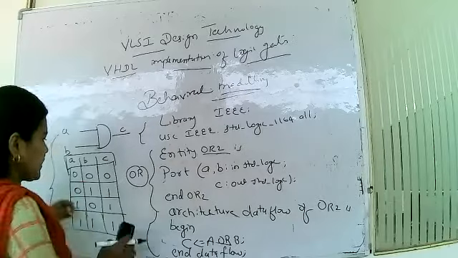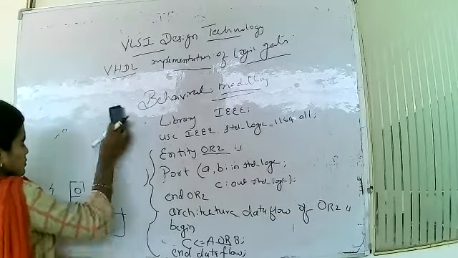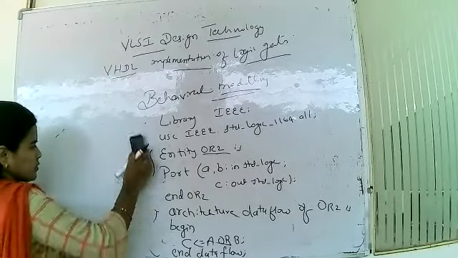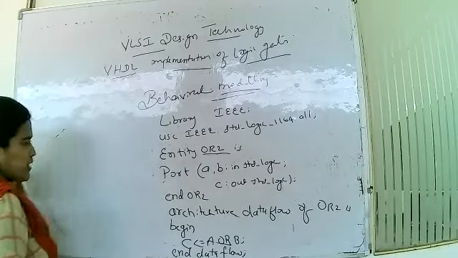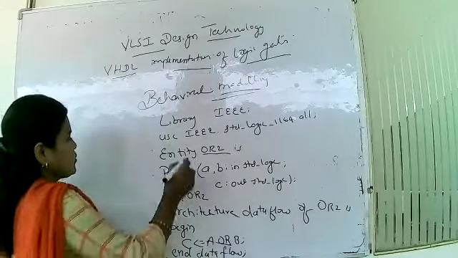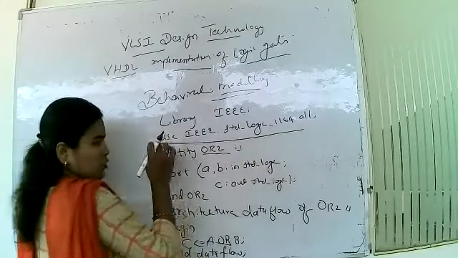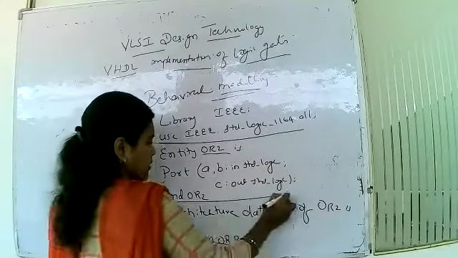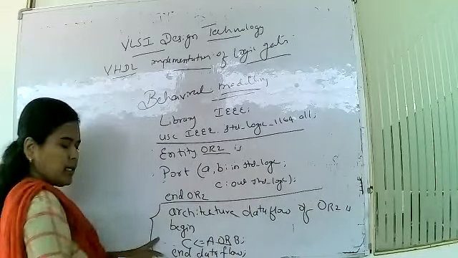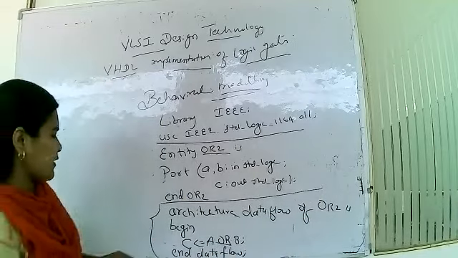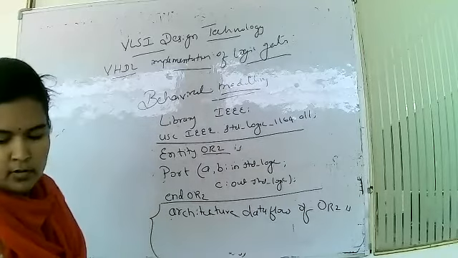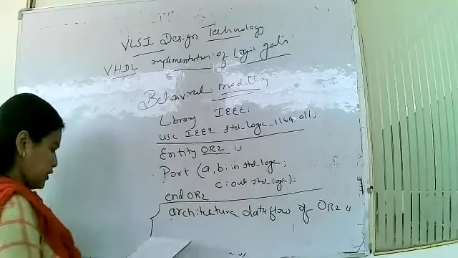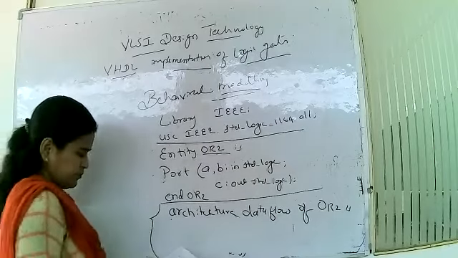Behavioral modeling. So what we have to write here is, here everything is the same. I told you many times we have 3 sections. So this is the same for the object. This is also the same, but we need to change the architecture for the behavioral modeling.